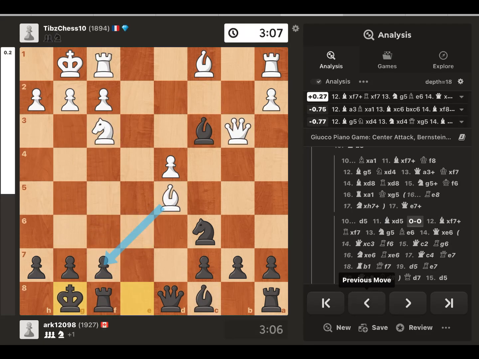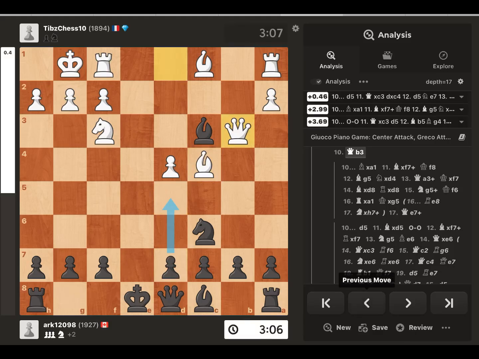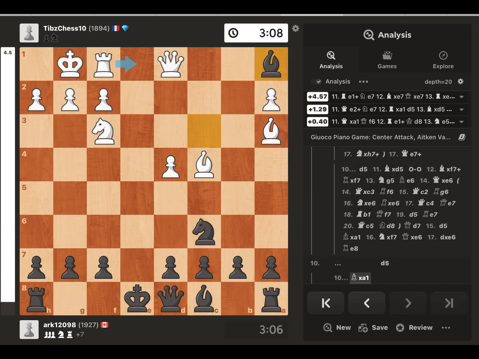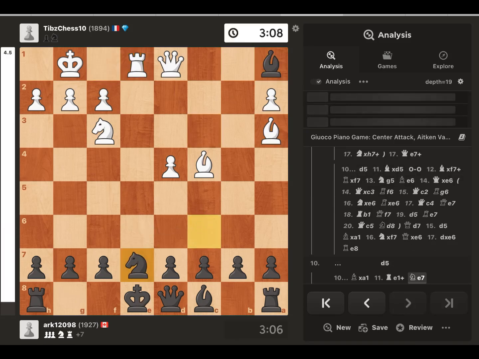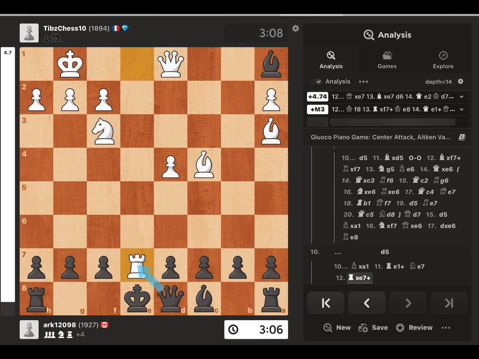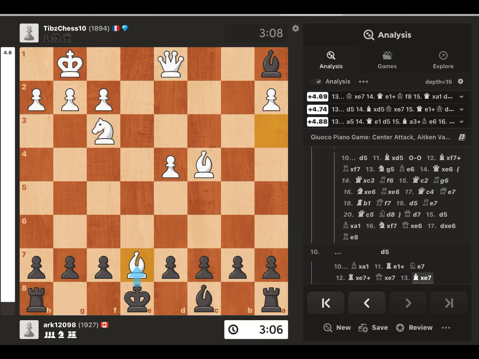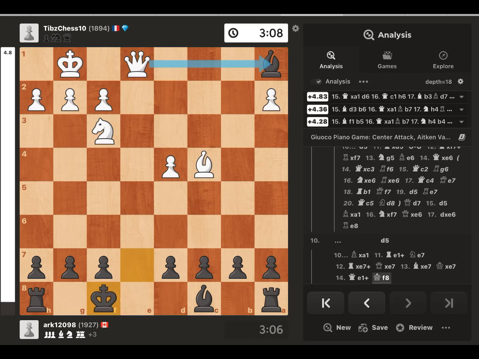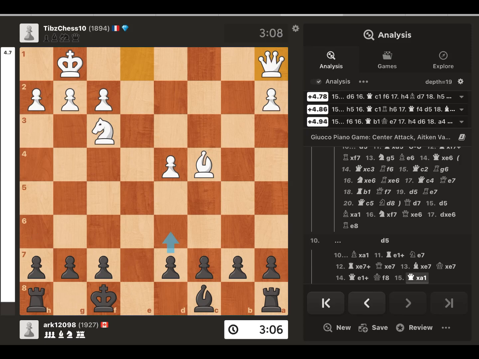So, and there is another variation which actually my opponent tried to play. So bishop a3, and of course if I take the rook, it will be check, and white wins the queen immediately. And in this position, black is supposed to surrender. So this is the main variation which everybody knows. Probably right now, everybody who studies the Italian opening knows this variation, because this is a famous trap, a famous mistake. But